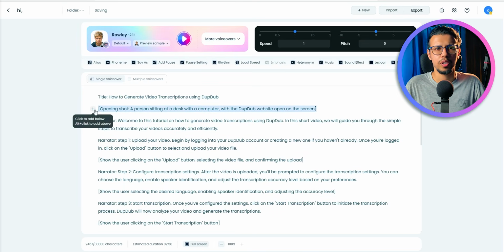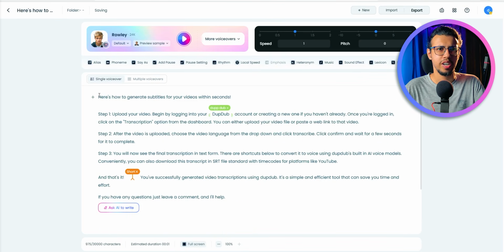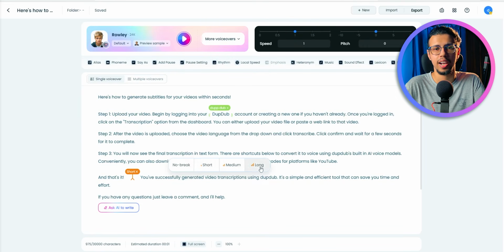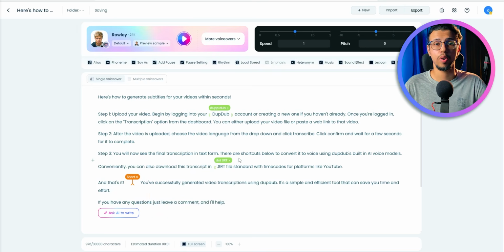It's not always perfect. You have to edit that to a certain extent. I'm just gonna do that. And there you go. I've made it smaller and made it a little more conversational. If you notice that the AI model isn't pronouncing something properly, you can add an alias to that. You can add your own custom pauses and everything to make it sound exactly the way you want, and then